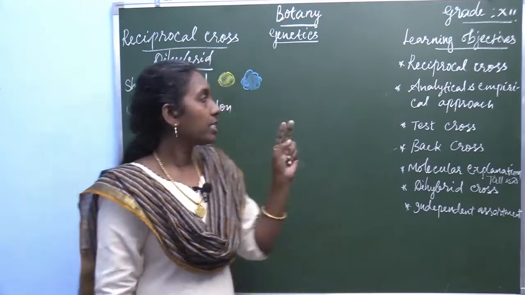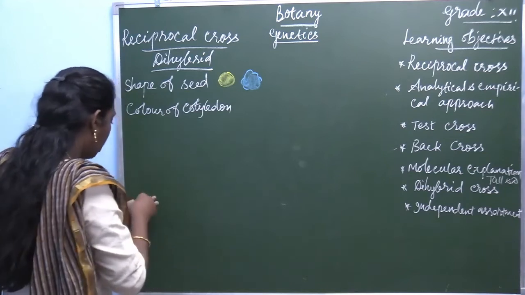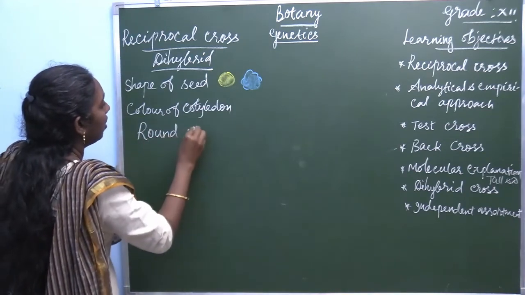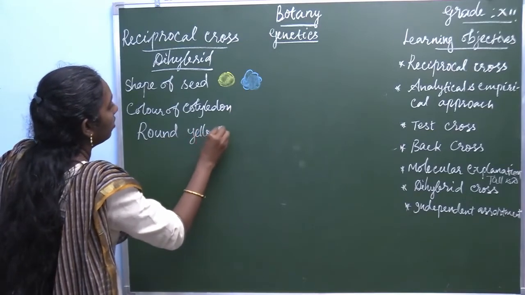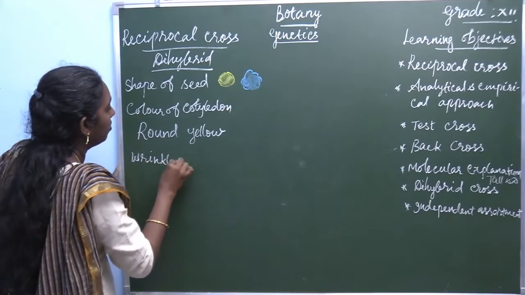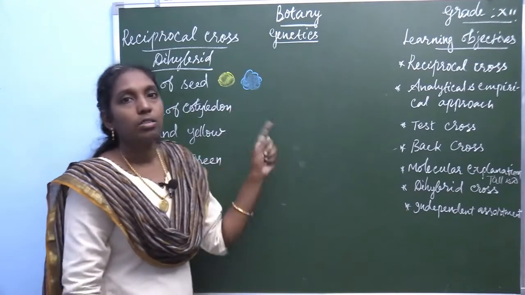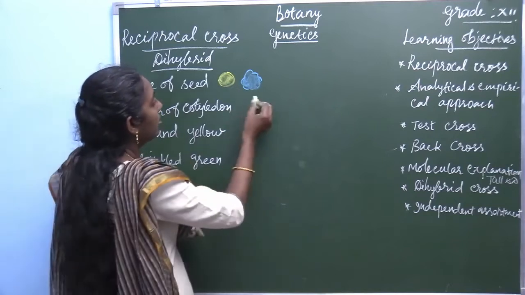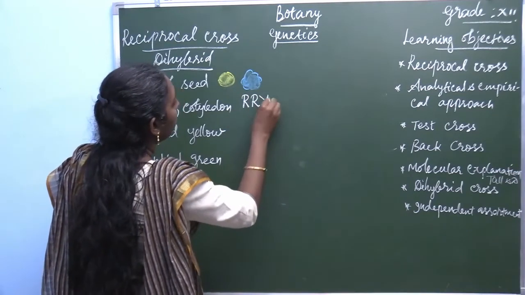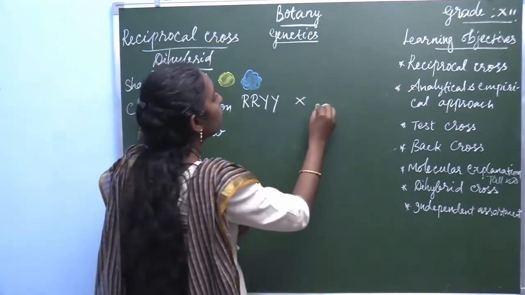The two contrasting characters are round yellow and wrinkled green. So, the characters are taken like this: capital R, capital R, capital Y, capital Y, make a cross with small r, small r,